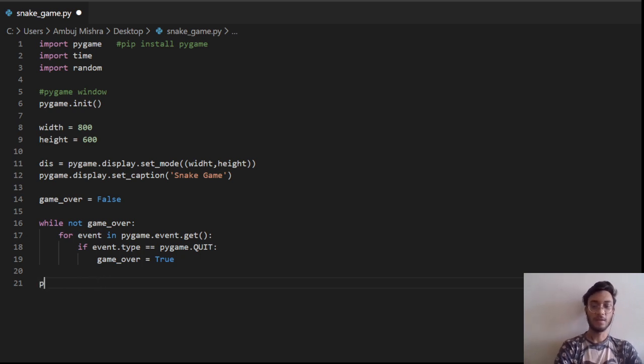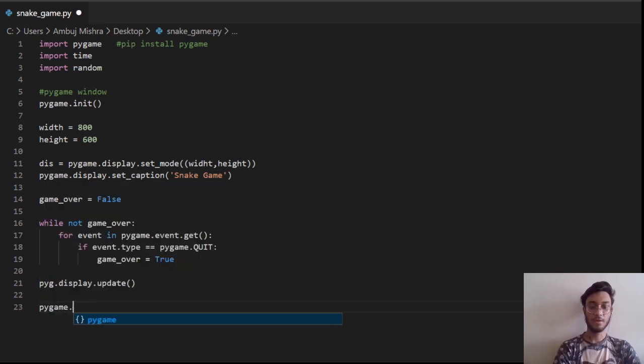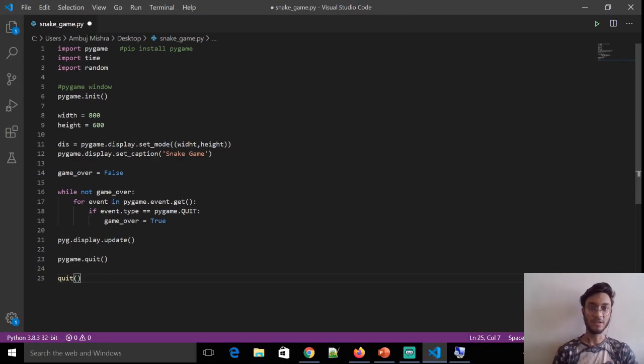At the end, pygame.display.update and pygame.quit, for quitting the game, and then exit, quit. So this is all about the first step: importing all the modules and initializing the window with a specific width and height.